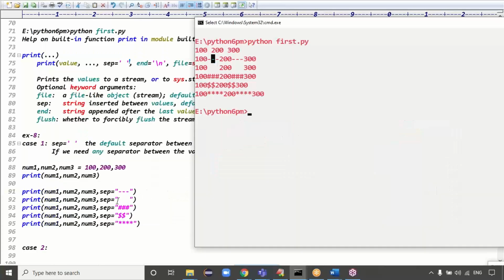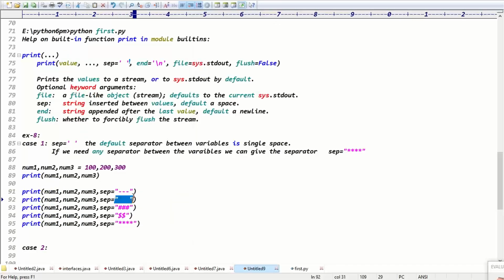If you want multiple spaces as the separator, you can give multiple spaces. If you want hashes, you can give the hashes. So the separator is nothing but the string inserted between the values.